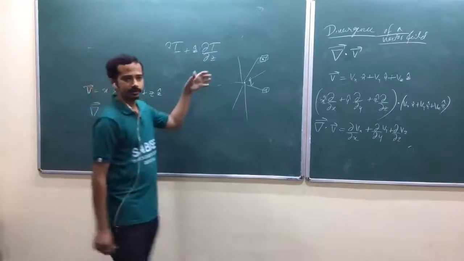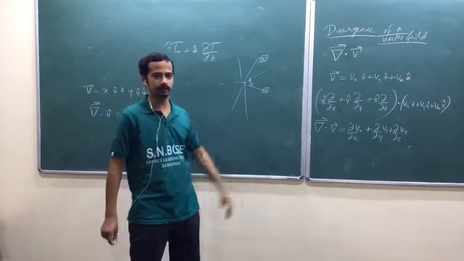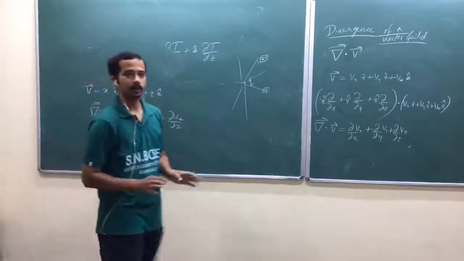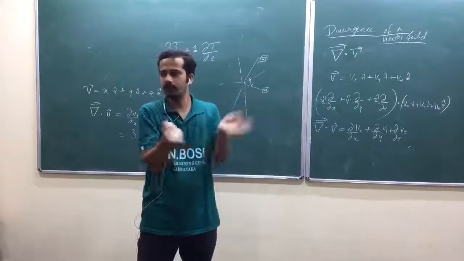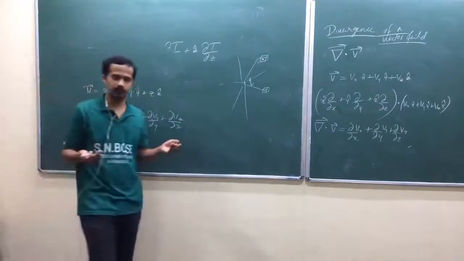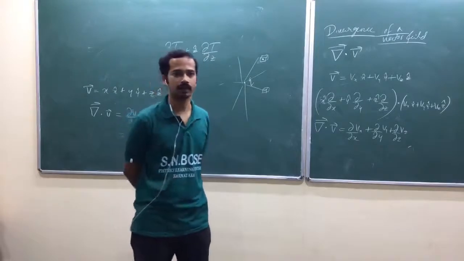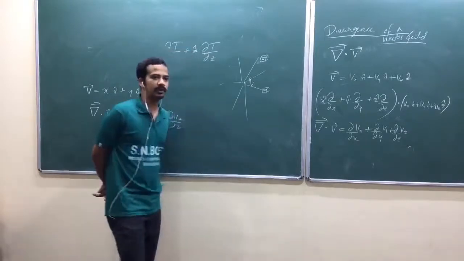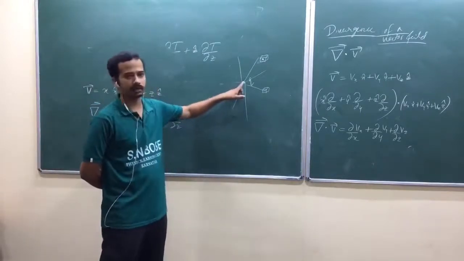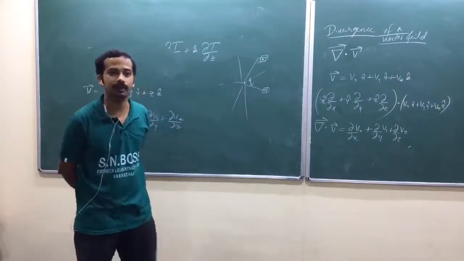If you have a charge, there will be electric field from that charge. Am I right? Again, just take the other definition of divergence. What is the divergence? Volume density of outward flux. When you have outward flux from a closed surface, the number of field lines going outward is imbalanced with the number of field lines going inward. Then only you can have net outward flux or net inward flux. But the electric field has a very strange nature. It will start from positive charge, it will end with negative charge. It will not terminate in air.